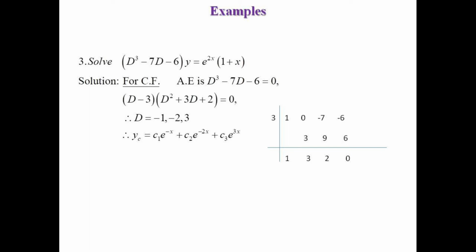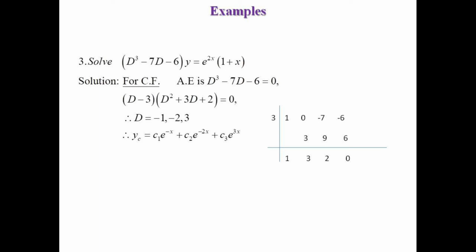So try D is equal to plus 1, minus 1, D is equal to plus 2, minus 2, and D is equal to plus 3, minus 3. So D is equal to minus 1 is a factor, since the sum of alternate coefficients is the same. Or we may divide the last term by factors. Here the last term is divisible by 2, so 2 is also a factor, as well as 3. In any way, we can solve this equation.